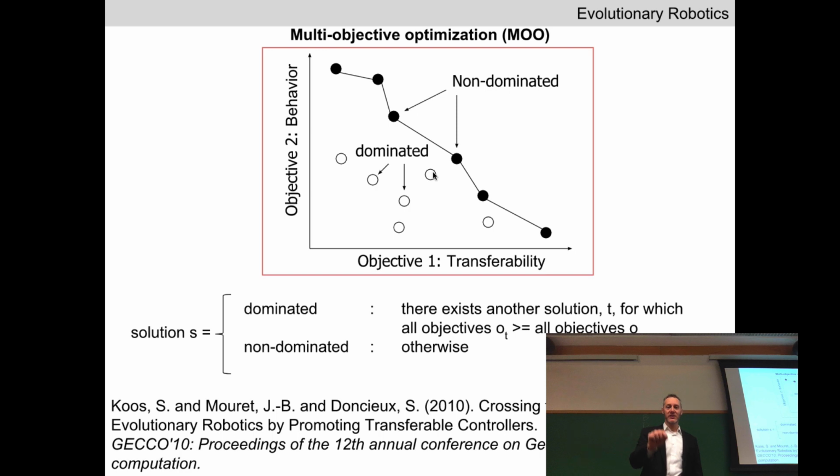So I visit this point, and I color it as a dominated point, set it aside for the moment, visit this point, and this point is dominated by this point. It's also dominated by this one, so we label this one dominated, and on we go. Let's look at the specialists. So I visit this specialist in the upper left. There is no other point which is above and to the right of this point, so it's not dominated. Same thing for this specialist down here. This point also has no points above and to the right of it. This one, and this one. So these 6 points become the set of non-dominated solutions.